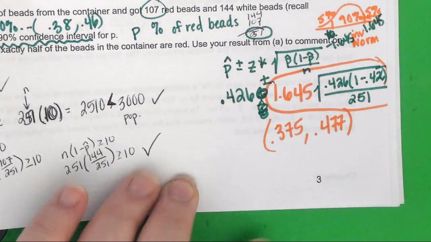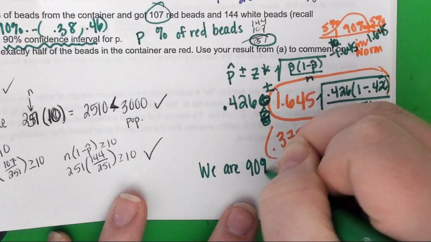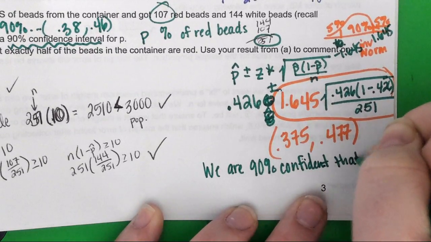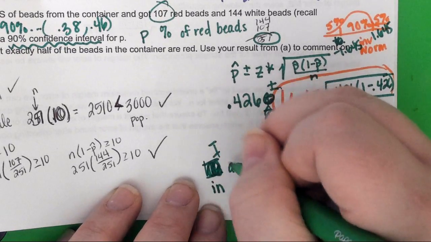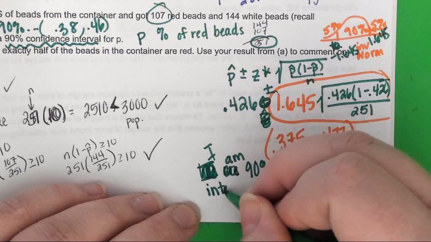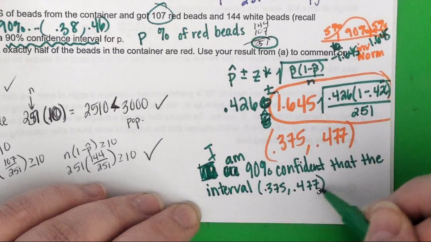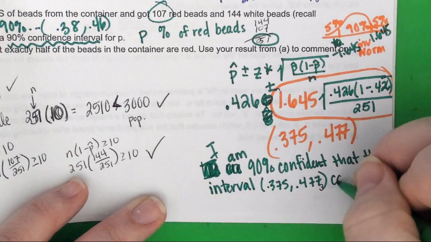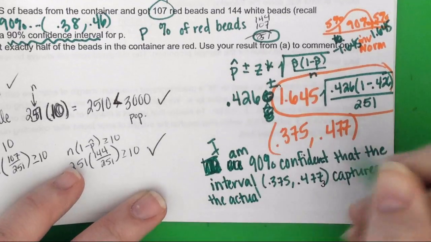So I am 90% confident that the interval 0.375, comma 0.477, or if you want to put it in English, 0.375 to 0.477, doesn't matter, captures